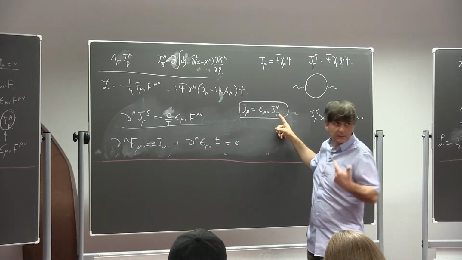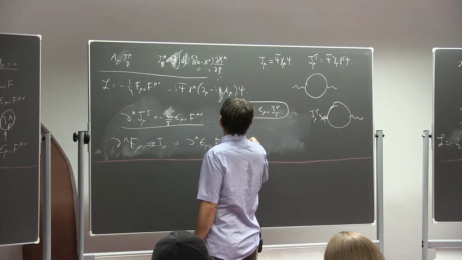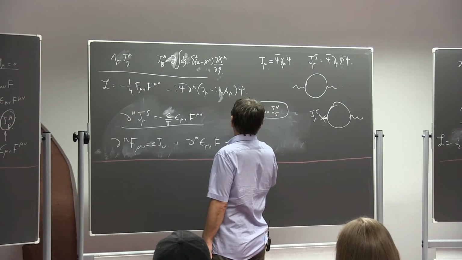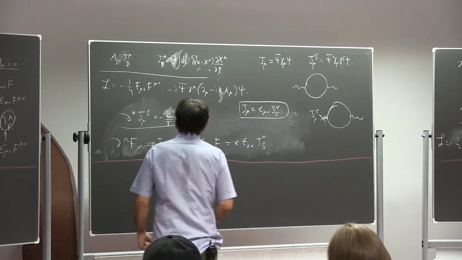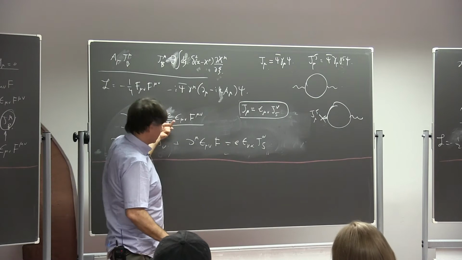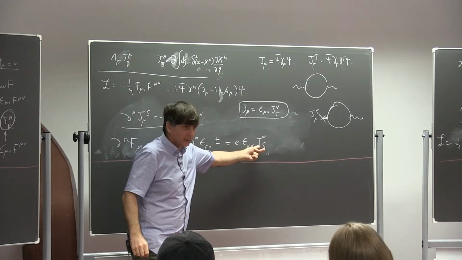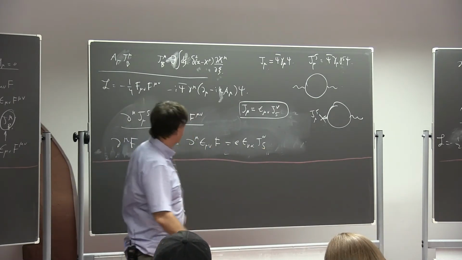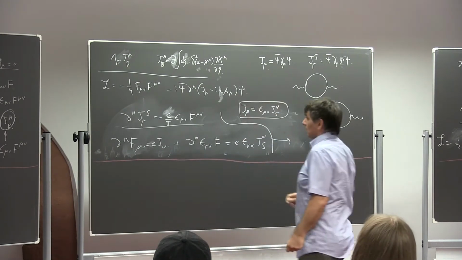So there is another relation for the axial current. Now you can take this equation and this equation, exclude the axial current, and you can see immediately that you get an equation